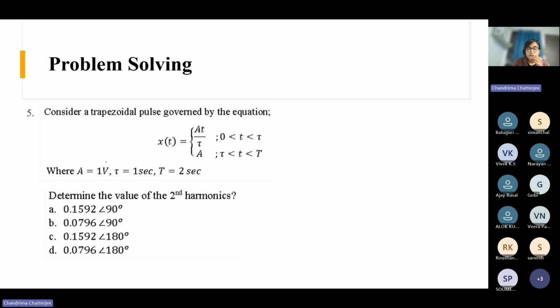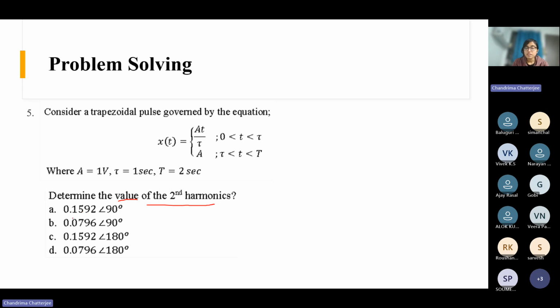This is a connected question. So determine the value of the second harmonic. The waveform is the same. What we need to do is determine the value of the second harmonic. The value here means, so whenever you will find out